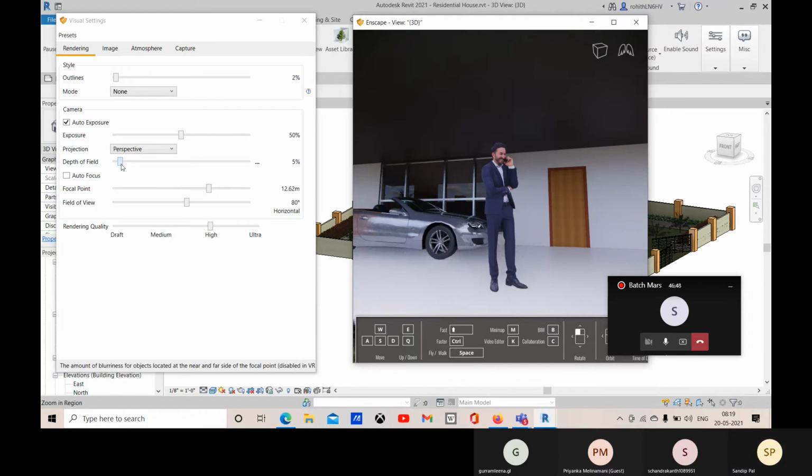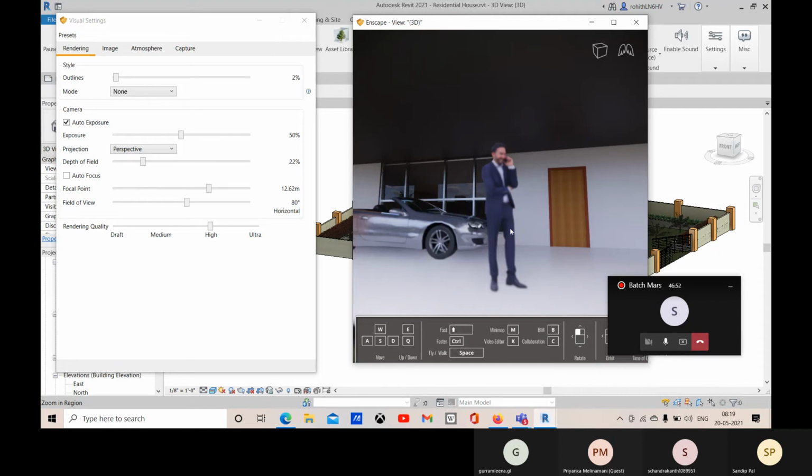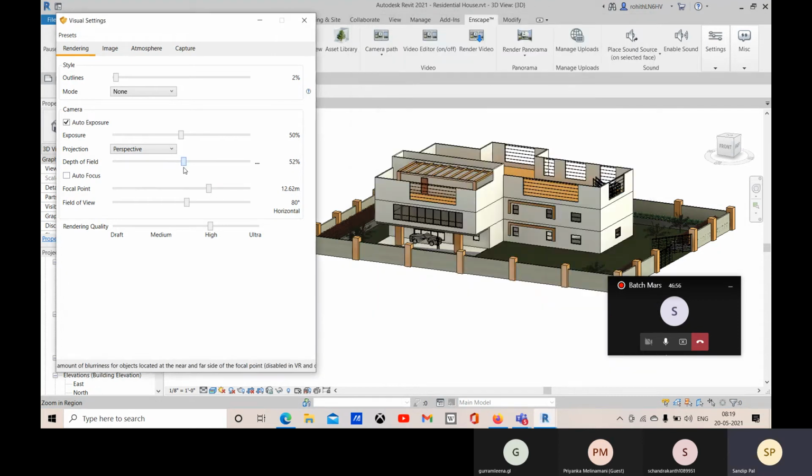All right. Okay, so this will work together, the depth of field and the focal point option.